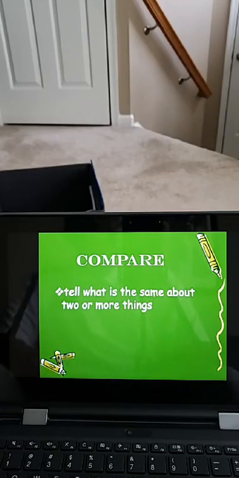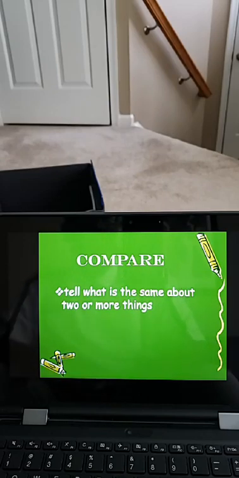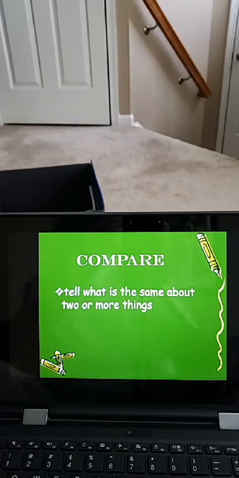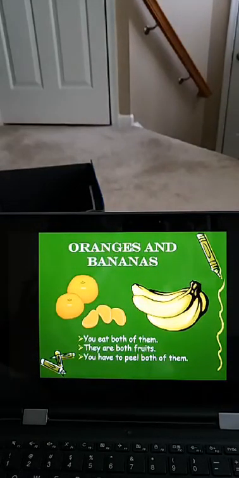Compare. Tell what is the same about two or more things. When you compare, you tell how two or more things are alike, how they are similar. So when you hear me say compare in the lessons, you know I'm talking about telling what is the same about two or more things. So now we're going to compare